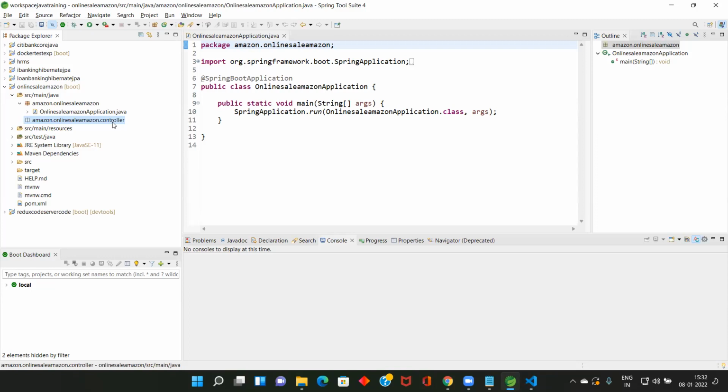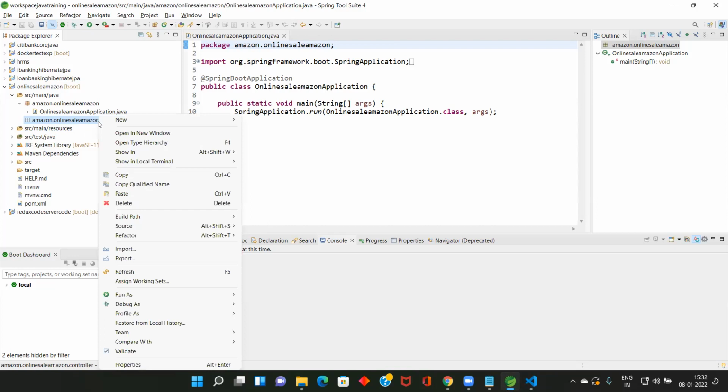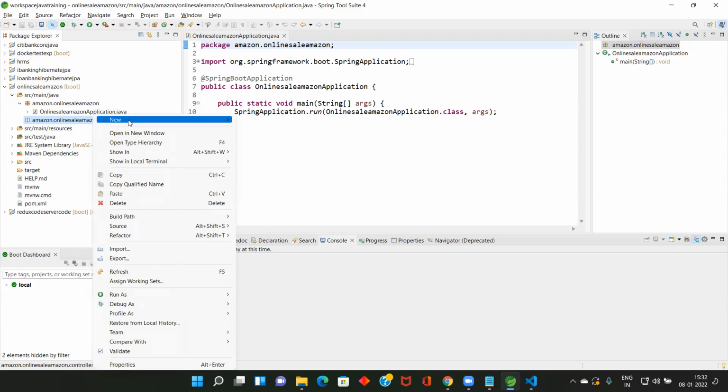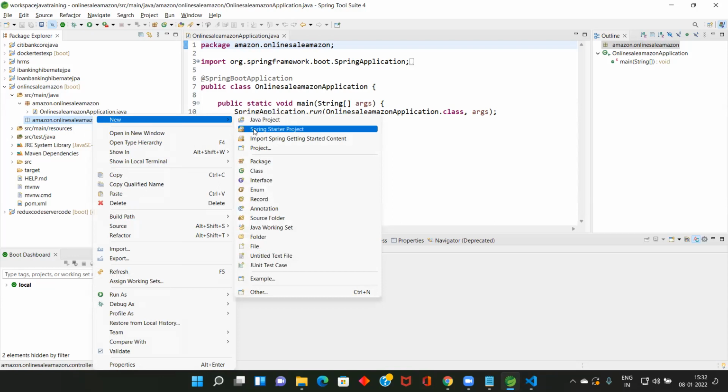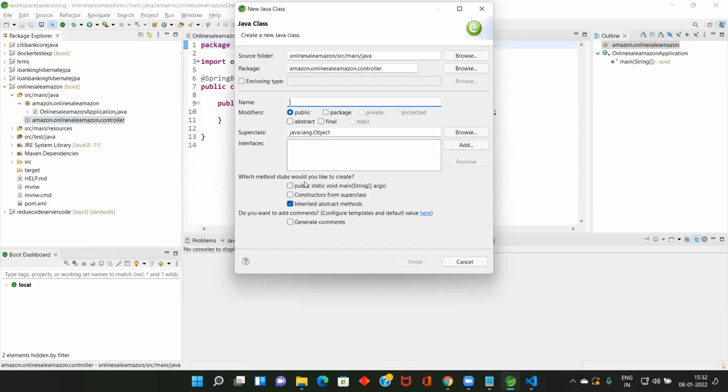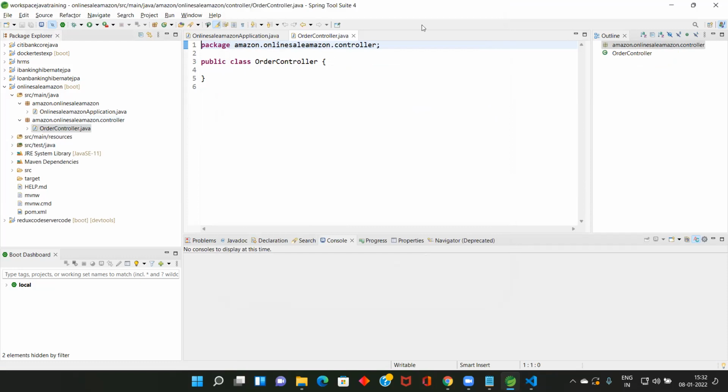Okay, have you all created this one? Create a class, for example, called OrderController. Any name can be given, but to be meaningful we are going to create a class called OrderController. See the package amazon.online.controller. All your classes should be inside the package called amazon.online. So now I think all of you created this class. Can you all create this class?